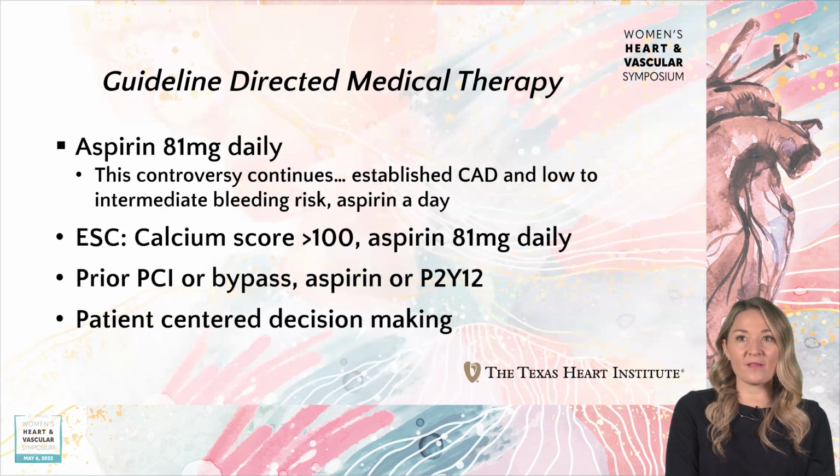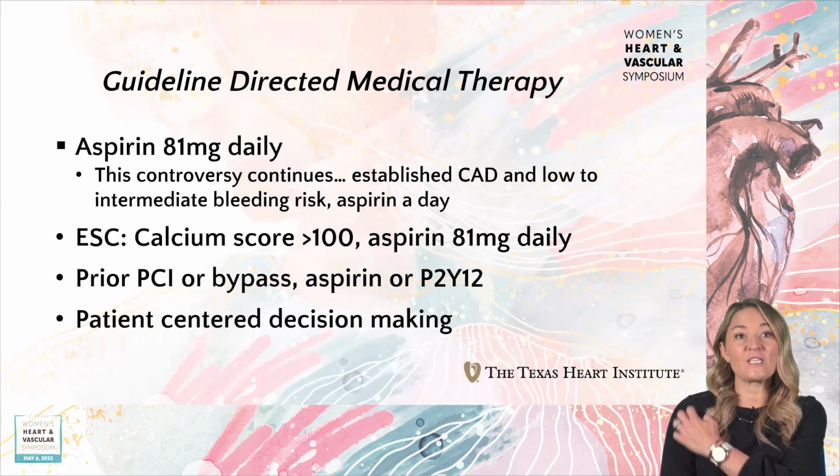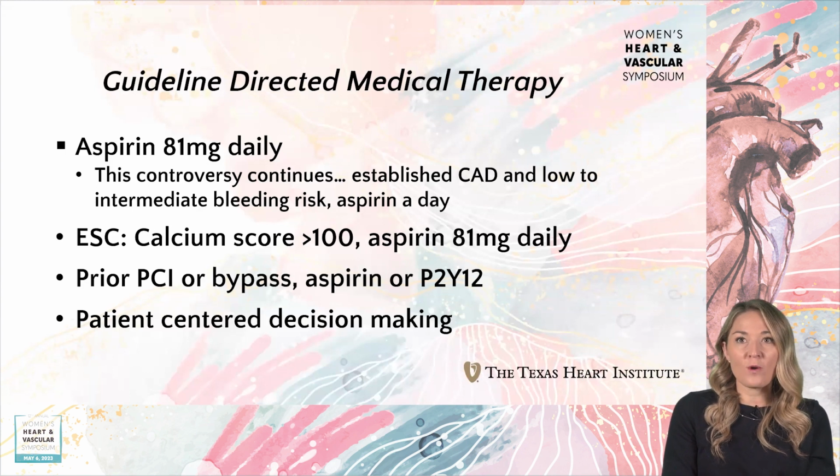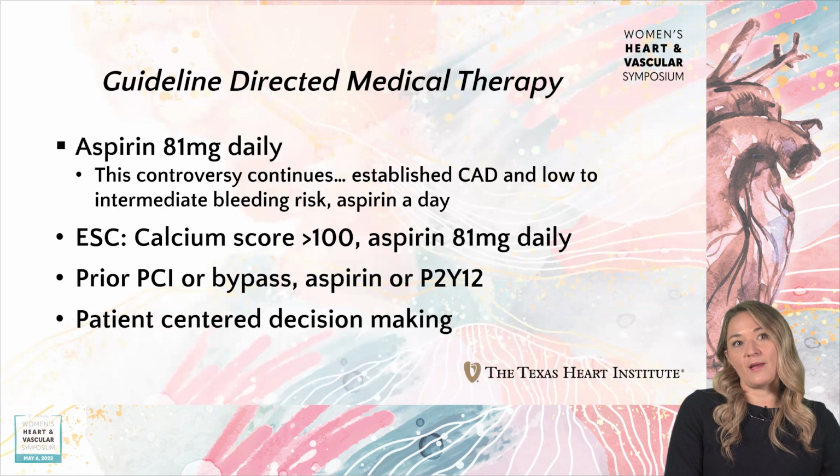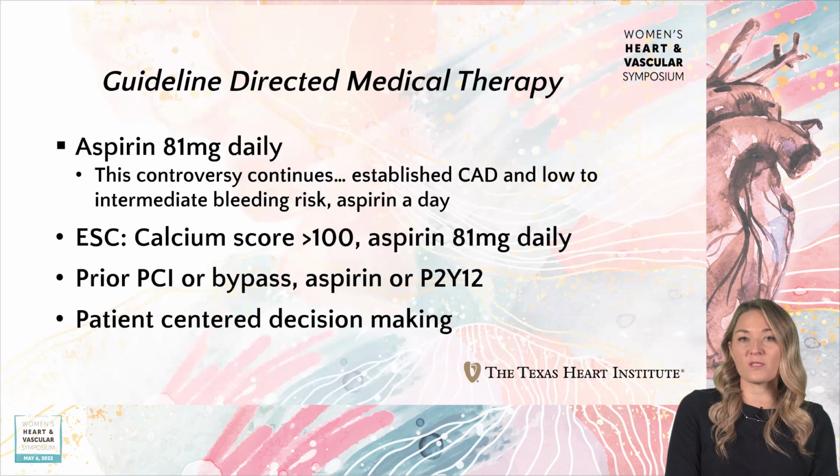This is a hot topic that Eduardo Hernandez touched on, I think, last year or the year before, but aspirin therapy. So 81 milligrams of aspirin a day, especially in patients who have established coronary disease, may or may not have had a heart attack before, or stroke certainly, is part of our guideline-directed medical therapy. It's a controversy because bleeding risk is very important to assess. And in Europe, the ESC guidelines would suggest that even by calcium score, if you have a calcium score more than 100, they will recommend 81 milligrams of aspirin a day if you're acceptable bleeding risk.